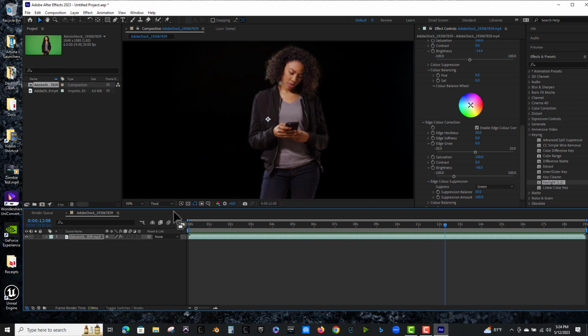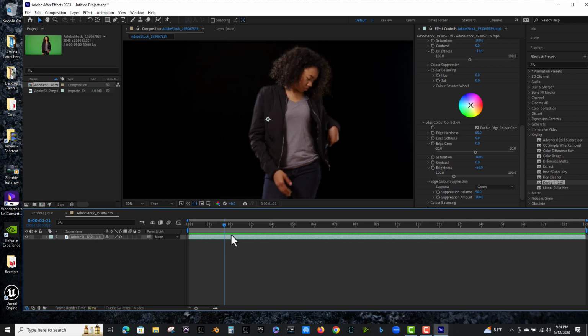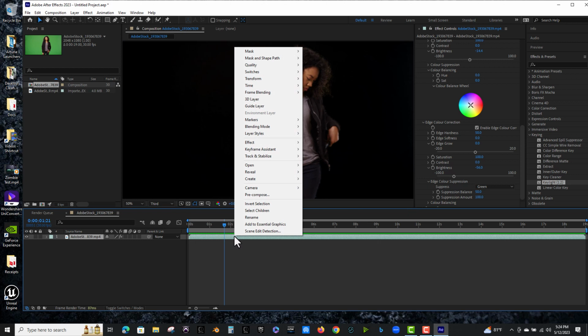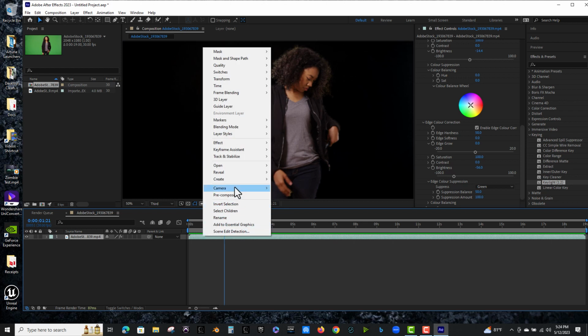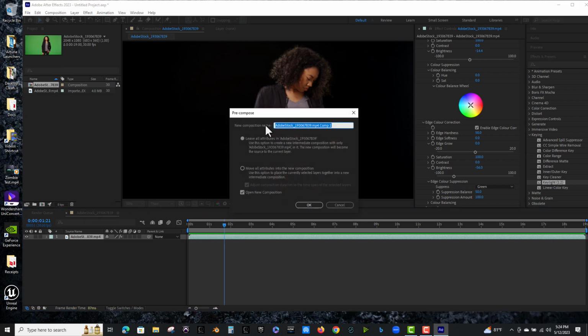And we're just going to say that this is going to be an OK key. Let's pre-compose this. Okay, so we're going to right-click on our footage here. I could go further with the key and use the key cleaner and some other tools, but I'm not right now. So what we'll do is we'll pre-compose the footage, and we'll give it a name,